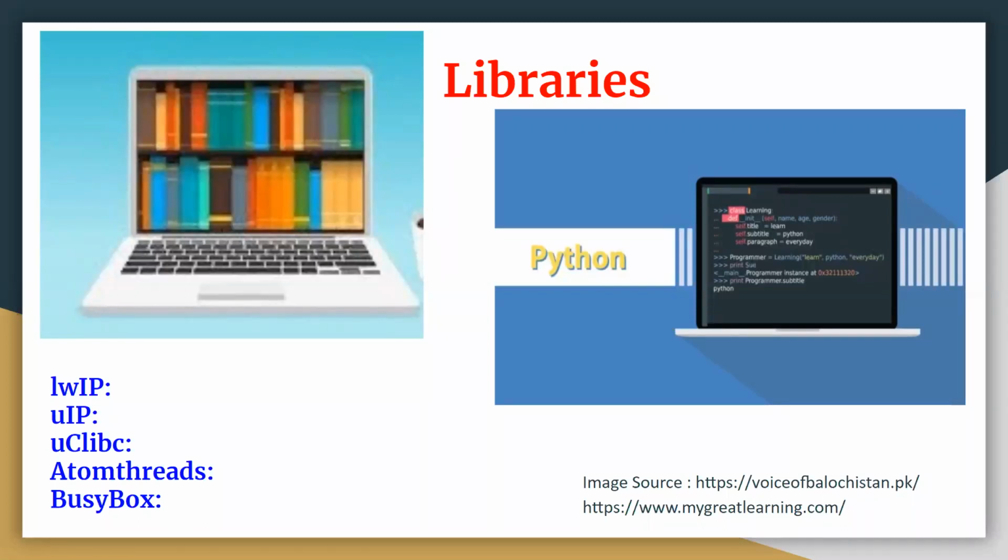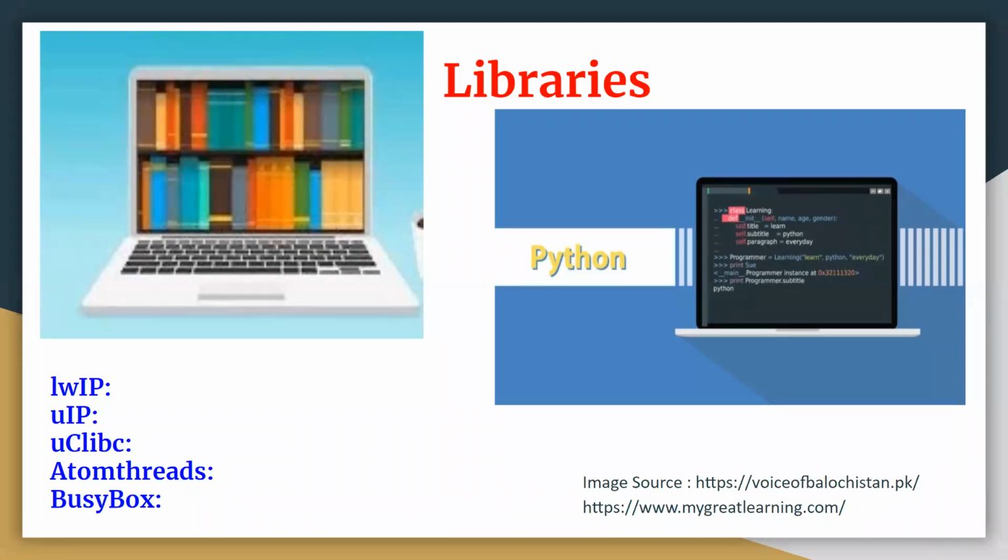So it is very important that you add the libraries to your code, and whatever functions are defined in those libraries, you can easily use them in your code. When we talk about libraries here, we are dealing with libraries that help overcome the problem of resource constrained devices, because we are dealing with embedded devices, which are always low in memory, low in CPU, low in RAM size.